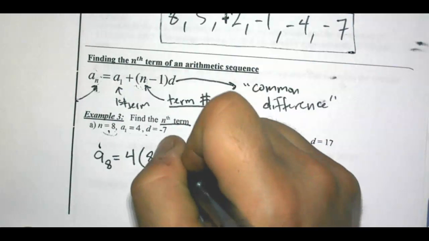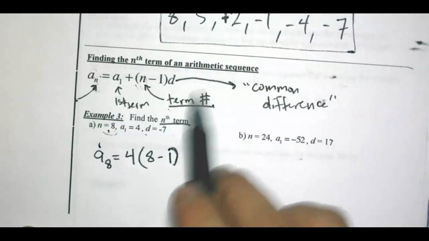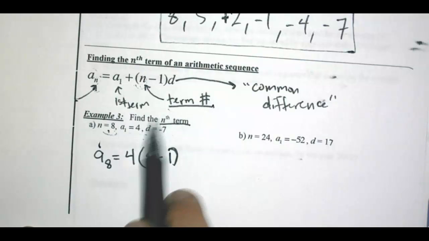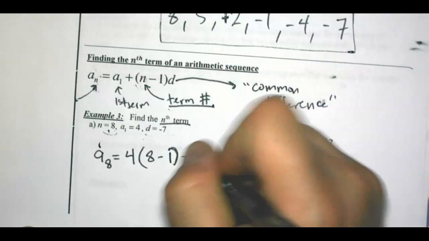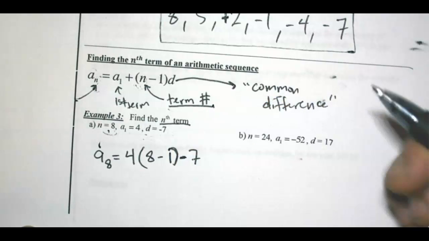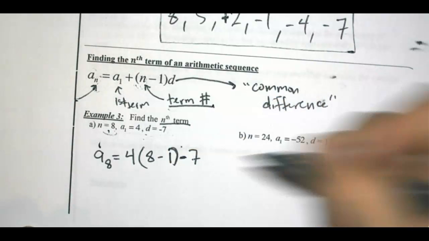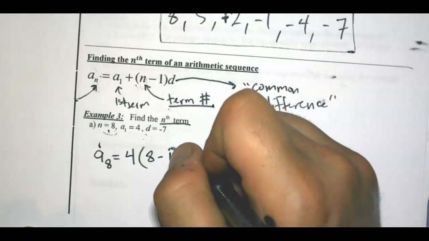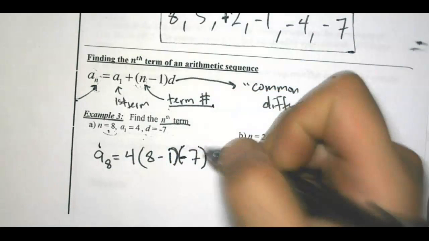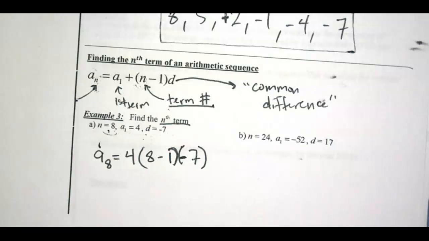Subtracting 1 is just part of the formula, and then multiply by the common difference. In this problem, the common difference is -7. So don't just write it like that, because I'm supposed to be multiplying by that. So better put that in parentheses, or I'll think I'm subtracting. Anyhow,